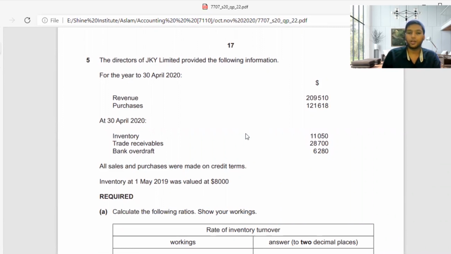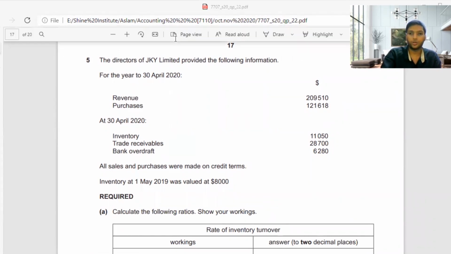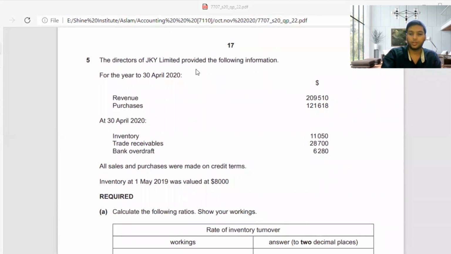So let's start question number 5 on 7707 May June paper. So this is a ratio adjustment. Most probably now according to the new paper code 7707, you have ratios in every paper. It's not going to be like the 7110 paper. So I say for students who are going to sit the 7707 paper, please attempt the last two years' papers, the last two sets of papers of 7707, because that will give a correct idea of how the examiner will test your exam papers. So now let's start.